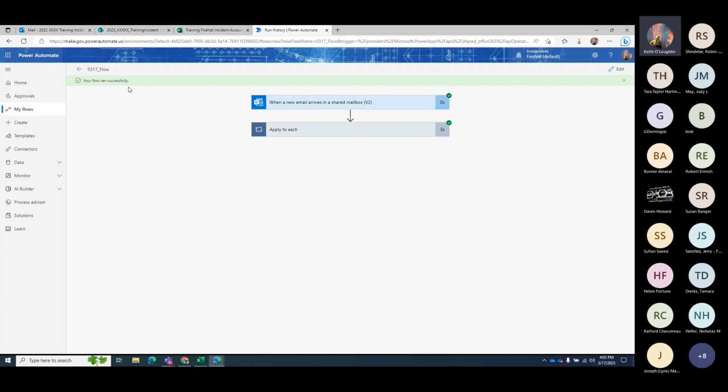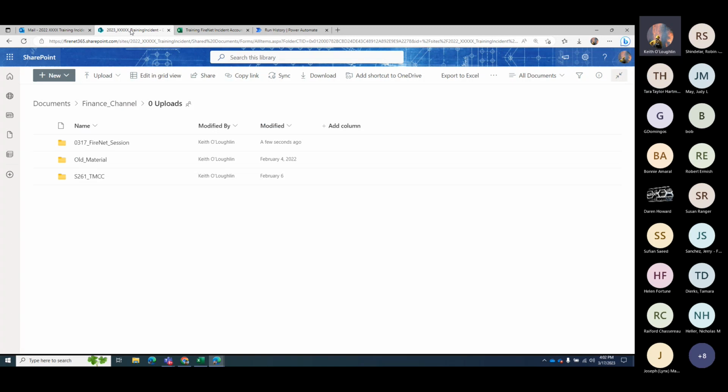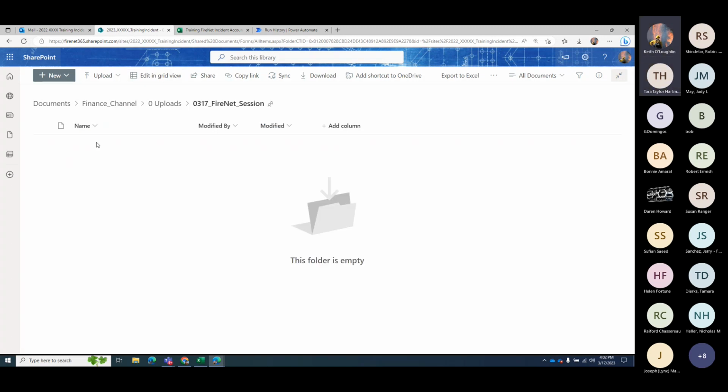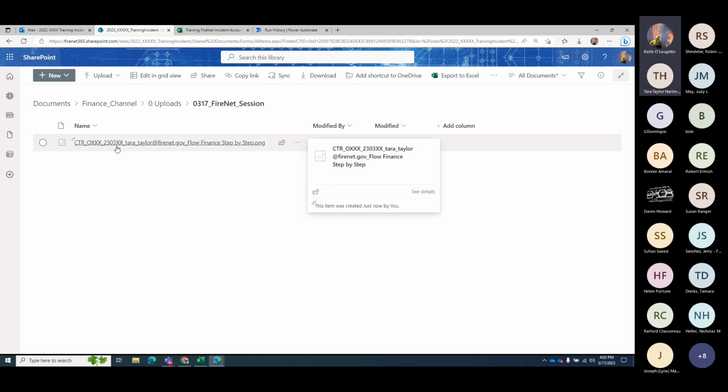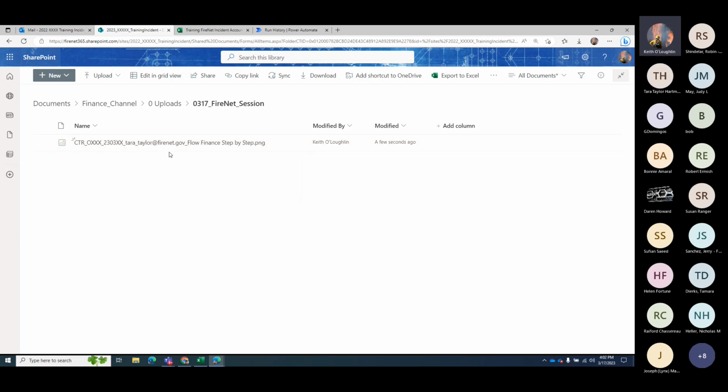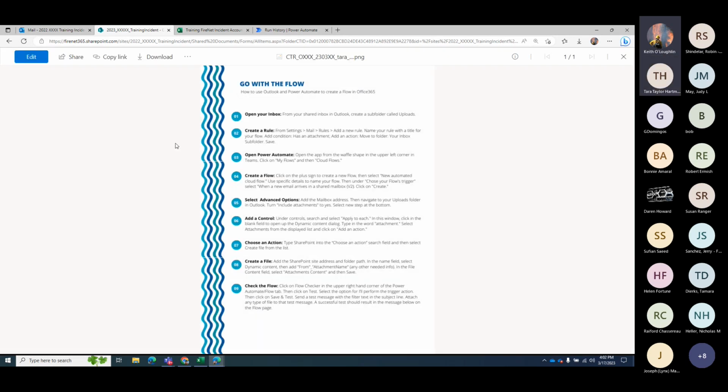So now what I can do is, in theory, go over to my SharePoint library, open up my 0317 session, and keep refreshing until it comes through. And there we are. I have the document that Tara sent in. As you can see, it is named right now with the default naming convention that I put in there, which is CTR_XXX_2303XX underscore, has her email address, and then has the name of the document that's there. Now all I need to do is simply open this up, and what you'll see is the document that